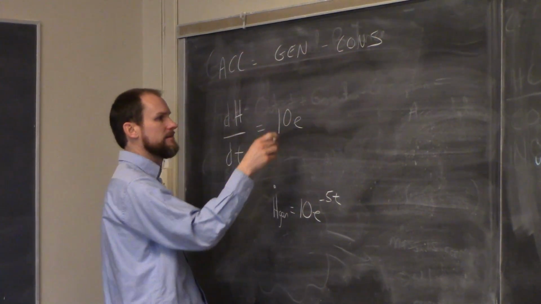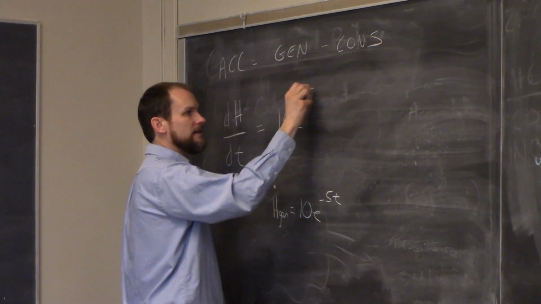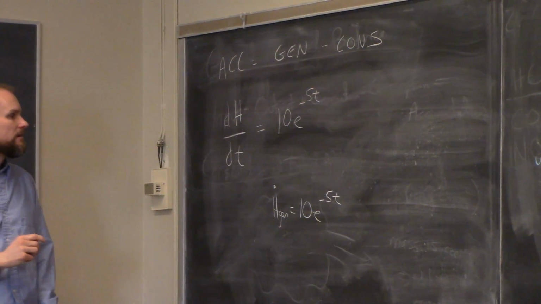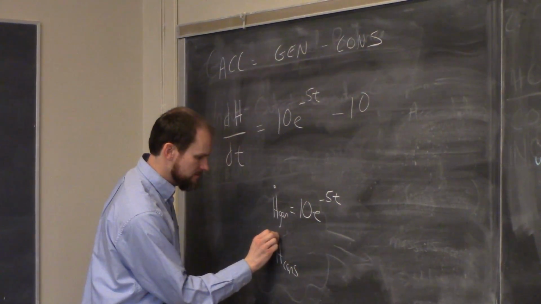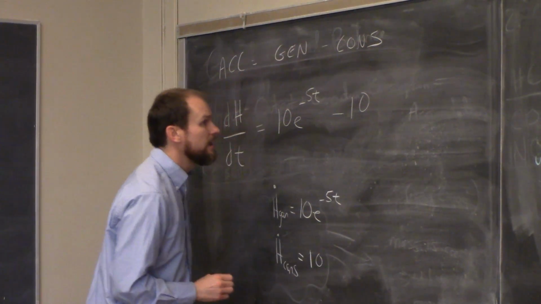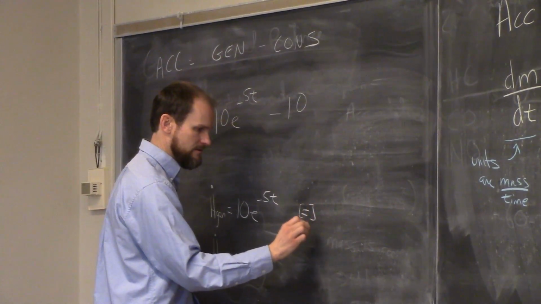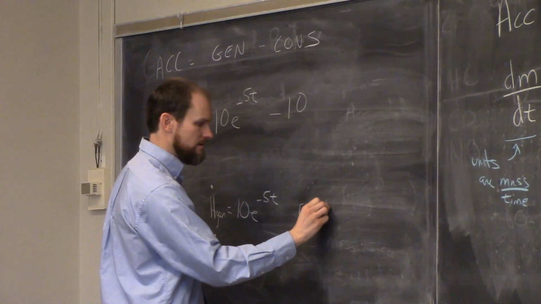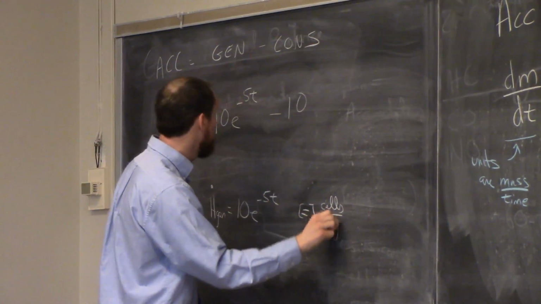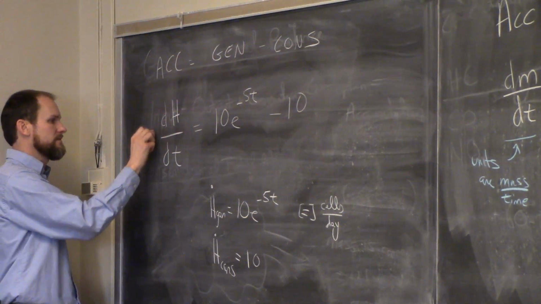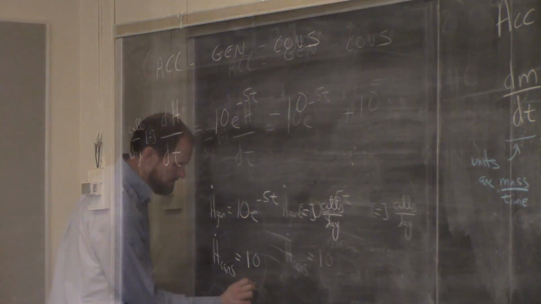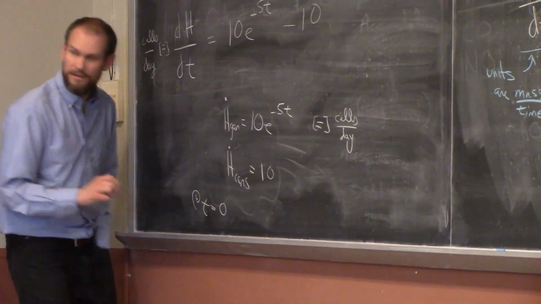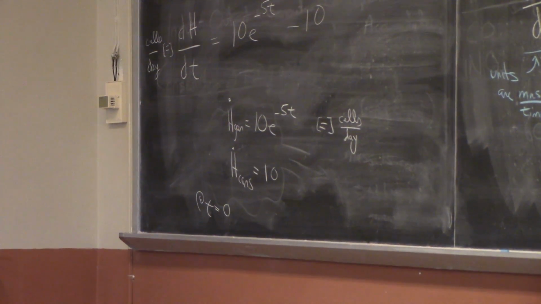Call that H generated dot, 10e to the minus 5t. And consumption? Minus 10. So I have H consumed dot equals 10. And these are both in units of cells per day, which means this dH/dt is also in units of cells per day. Great. Anything else? At t equals 0,